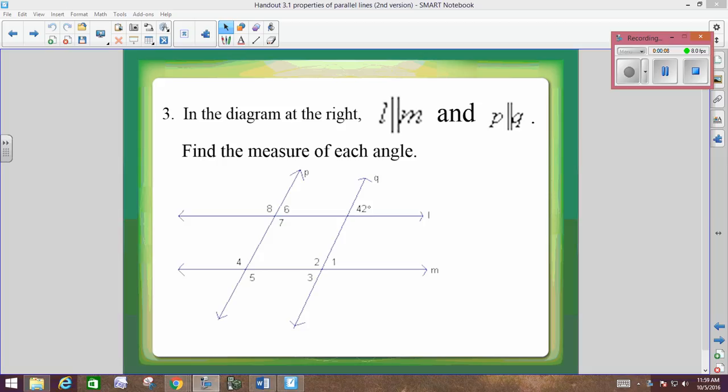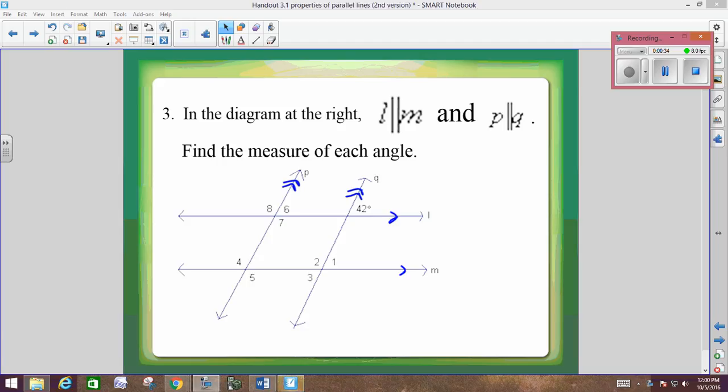luck. Okay, number 3 at the very bottom. Number 3. In the diagram to the right, line L is parallel to line M. Those are the horizontals. I'm going to mark them parallel with the feathers. And line P is parallel to line Q. I'm going to use 2 sets of feathers to distinguish between them, just like you do when you mark sides